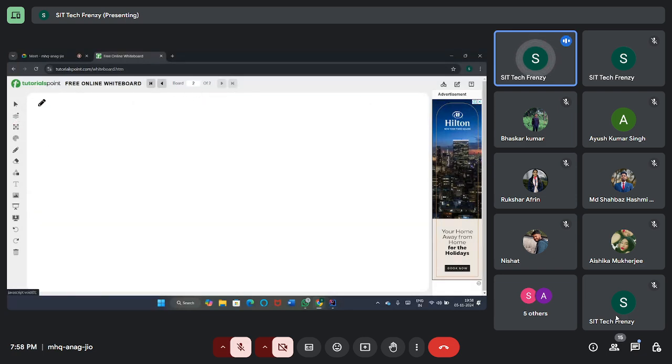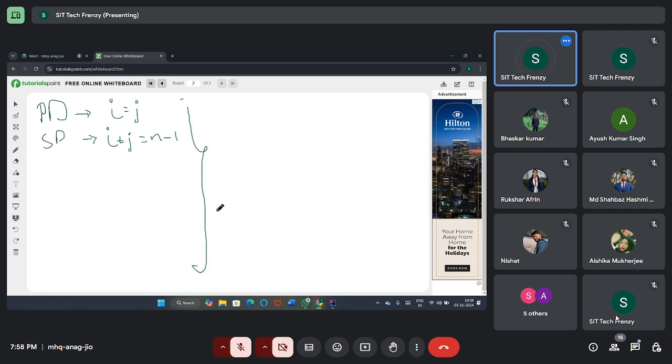So we saw one thing, if it is primary diagonal I have to do nothing, it is i equals to j. When it is secondary diagonal, I see that i plus j should be equals to n minus 1. So if I write it in the code, can I say that I'll just run a loop, the inner loop,